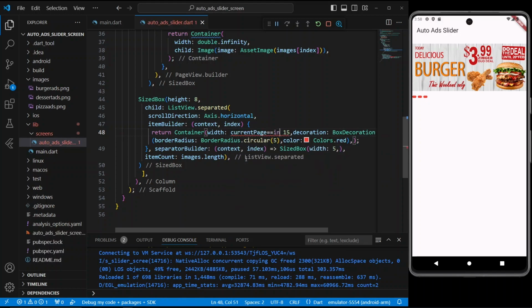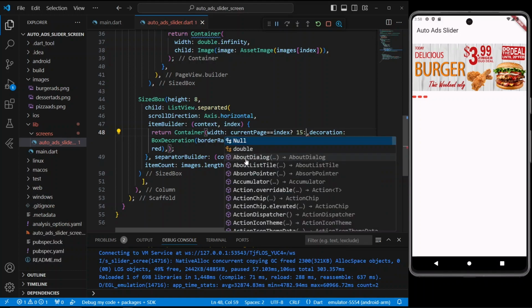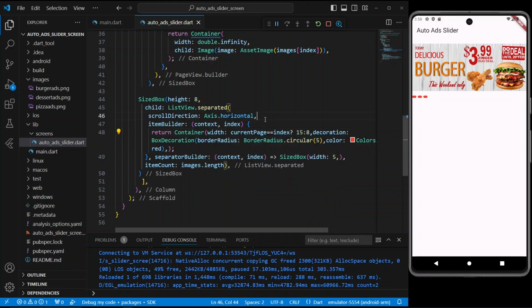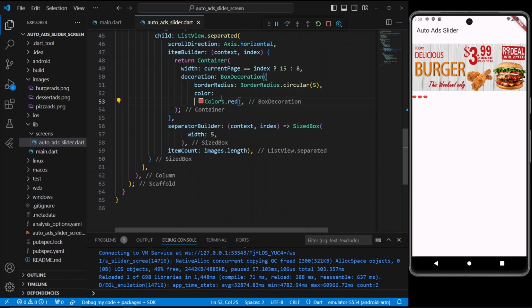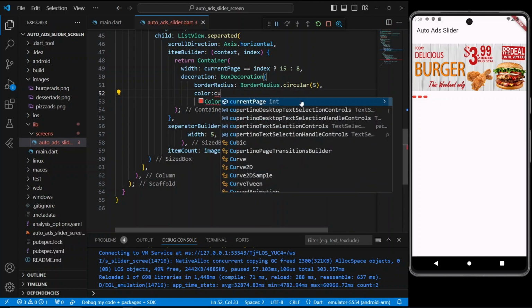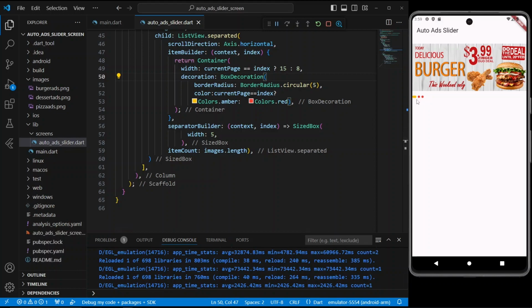We can extend the width of the container to be prominent on the current page, and also change the color of the extended container. You can see it on display.